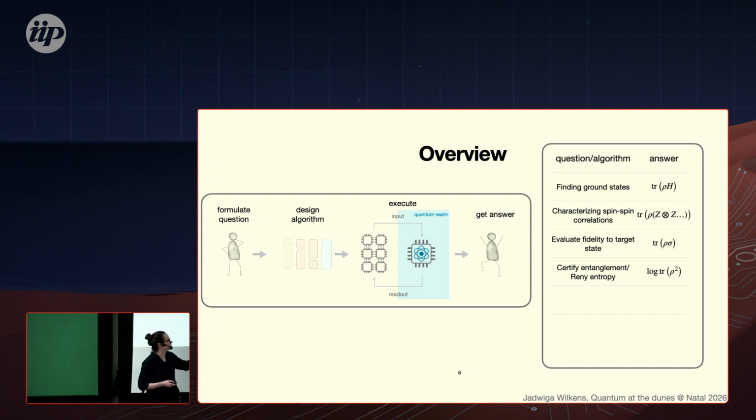And then we also have nonlinear functions in rho. Until now we only had 1 times rho. Now we have rho squared, where, for example, we want to infer the purity of our quantum state, which can give us information about the entanglement or how mixed my state is. And then from that, calculate the Rényi entropy. These are all sequential measurement protocols with only 1 copy of our quantum state at a time. These are protocols where I need to prepare my state many times, then measure, and then estimate probabilities.